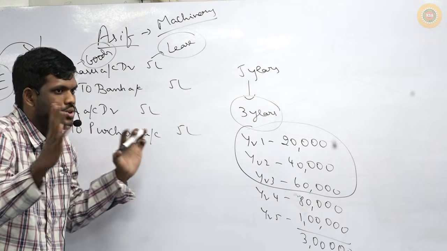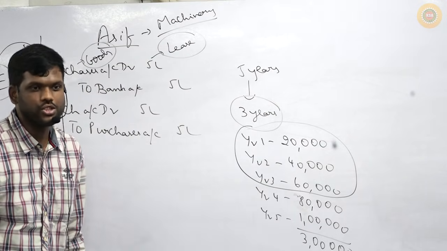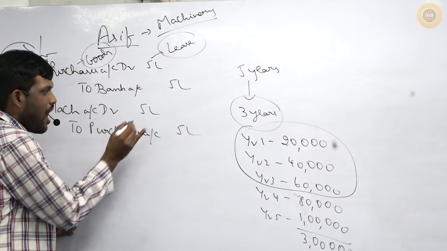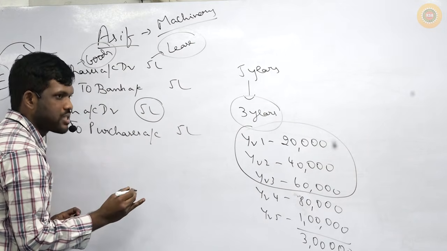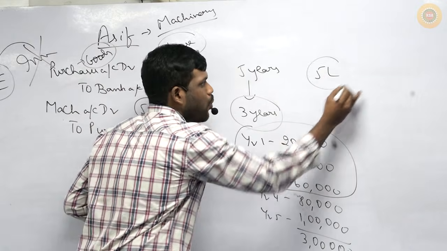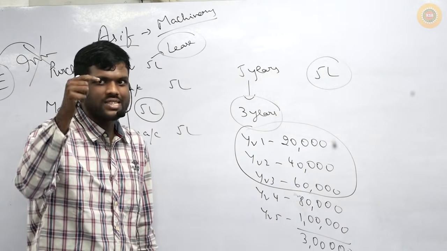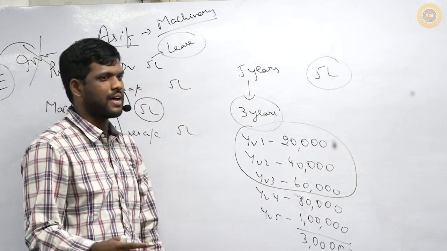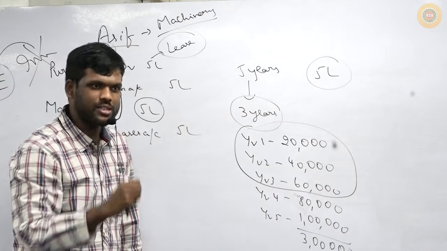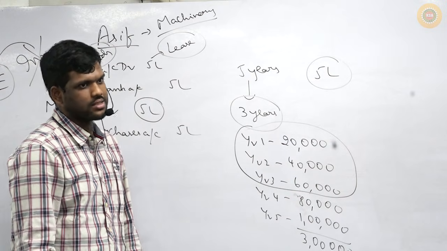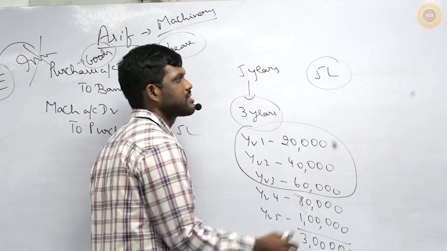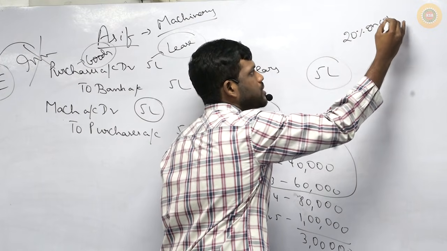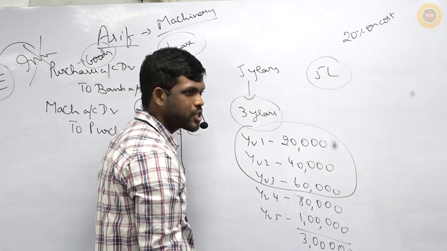Now Asif wants to decide how much he has to charge me as lease rent. Sir, how will Asif decide? Note that to buy this machinery he spent how much? 5 lakhs. Okay, assume Asif has invested 5 lakhs. So Asif will want to recover 5 lakhs or more, because he will want some profit. We are asking Asif, how much profit do you want? Asif says, sir, I want a profit of 20% on cost.